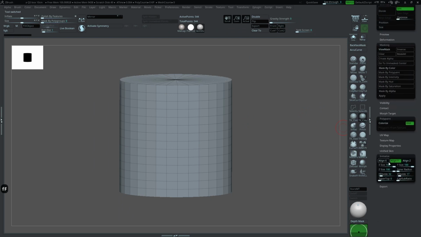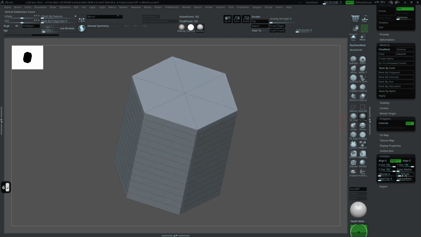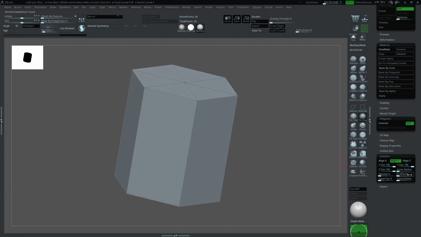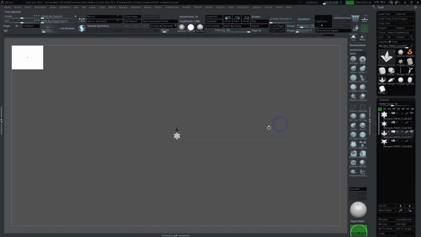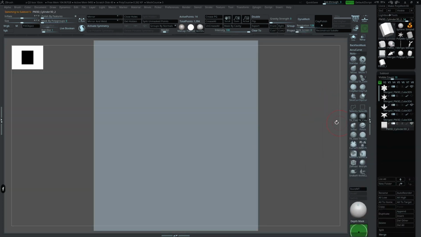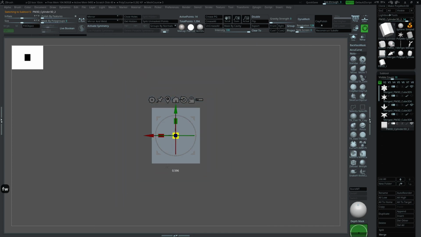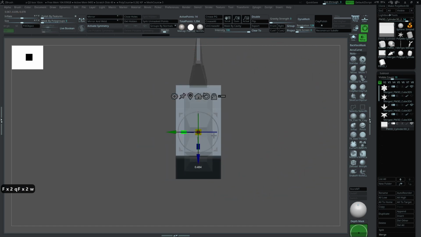Go to the Initialize, and for H Divide here I'll put 6. So we have this hexagon here, and V Divide I'll put 3 like this. And I'm going to make PolyMesh 3D. Go to my previous snowflakes here and append this cylinder here. Adjust the size. Rotate this. So now we have the correct